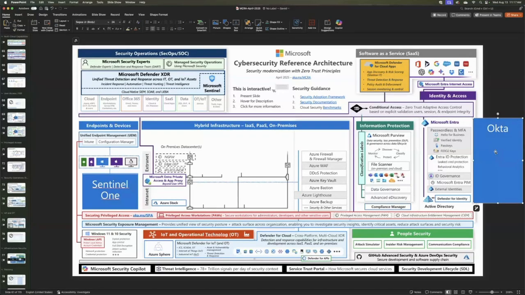So now I'm starting to make a note, and in this reference architecture, I could start to draw additional boxes and make it more like a roadmap. Hey, future state is we probably need to do dark web monitoring, so Entra identity protection, right? Hey, we probably need to start looking at password lists if you're not doing that today. Okay, let me draw a box over here for a future state. So now I'm capturing current state. I'm getting some ideas here around future state. And now we can start to have a conversation around, okay, how do we prioritize this and then go execute it and get you to where you need to be?